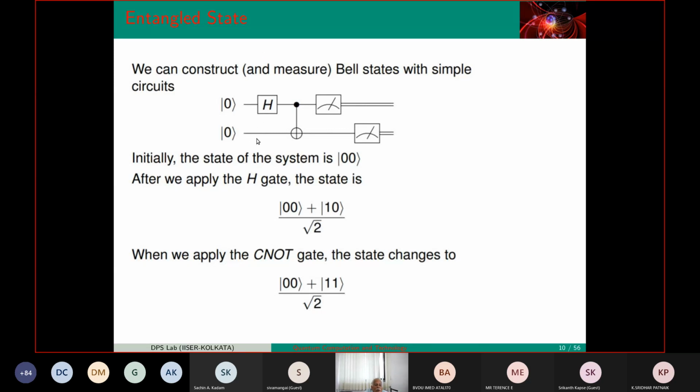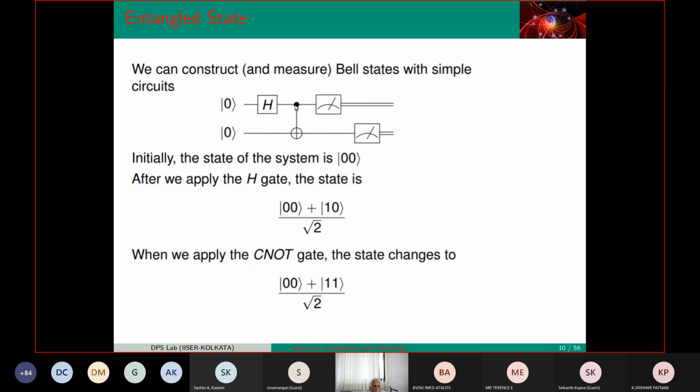This is the register. All these things are initialized at 0. Initialized at 0, that is the language they use. Then apply Hadamard. What will it do? It will actually create a superposition. 0 will be taken to (0 plus 1) by root 2. Now you do a little bit of mathematics. You do the control NOT. So what did you find here? You find here that (0 plus 1) by root 2 is here, direct product with 0, that is the input which goes here. Apply a control NOT.